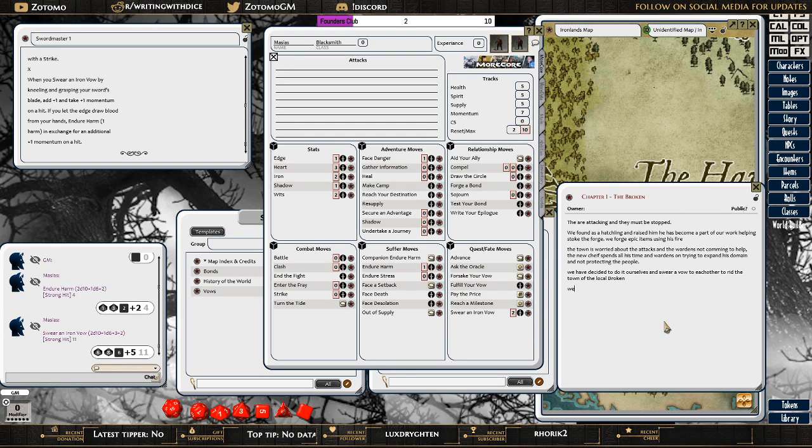Local town. Masias is worried about his young son, and it emboldens him when he makes the vow. And the town is really excited because Masias is coming and he's bringing Ash. And this is going to get...